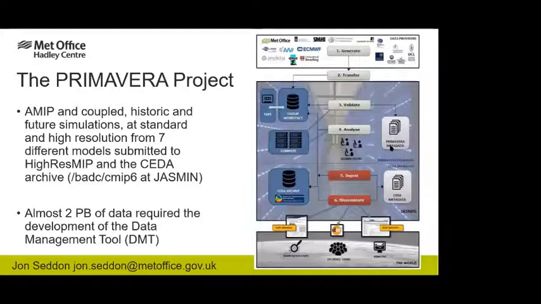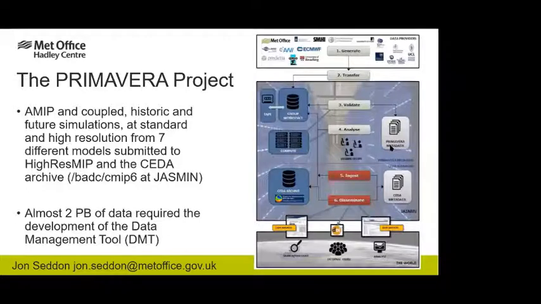Okay, yeah. So when users want to make best use of disk space, they restore a small subset of data, develop their analysis on the interactive data analysis servers, and then when they want to run the full analysis, they can restore the full set of data from tape to group workspace and run their analysis on the Lotus batch cluster at Jasmine. When they're happy with their results, they can use the DMT to mark the data as complete. And if no other users are still analysing that variable, it can then be deleted to free up space